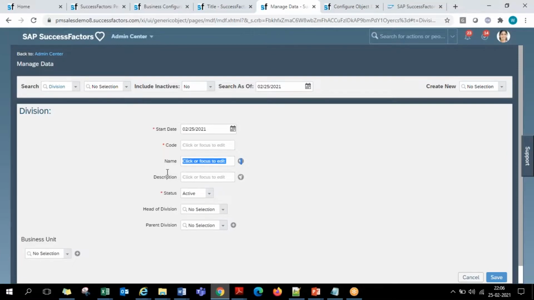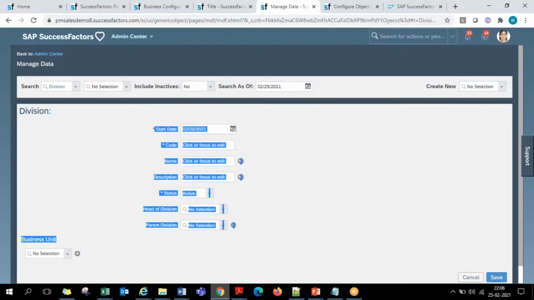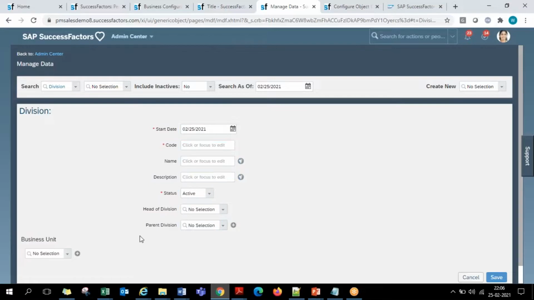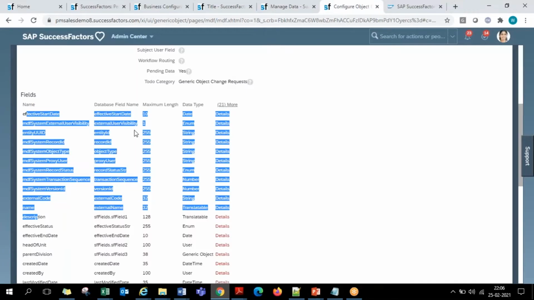So that way you have a place to create the data: the list of divisions in the company, list of departments in the company, list of locations in the company. You need a screen to create that data. Where is that screen defined? If the customer comes up with a change, like these 10 fields should be there along with 2 more additional fields, or this field should be removed from this screen, where you handle it is nothing but this configure object definition